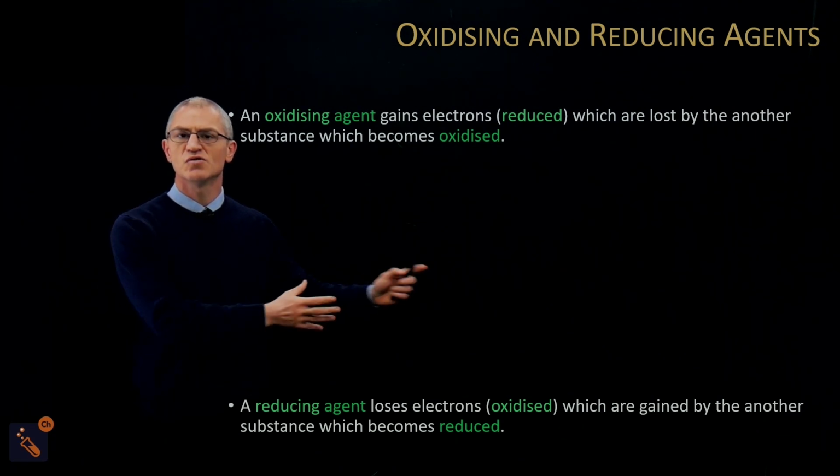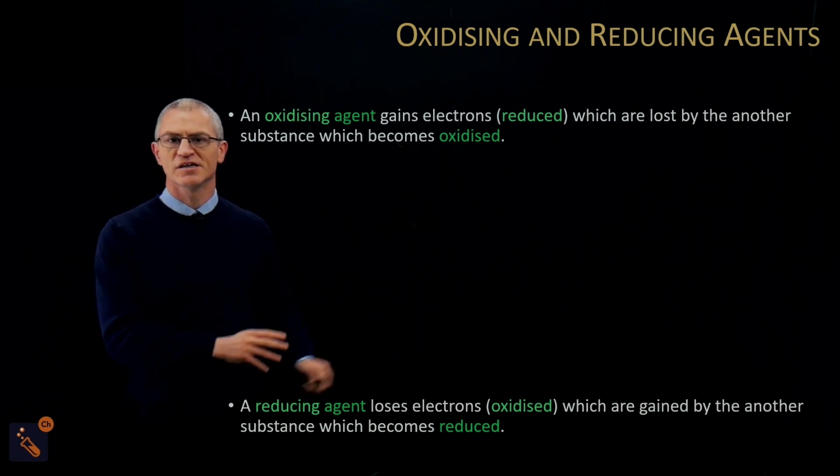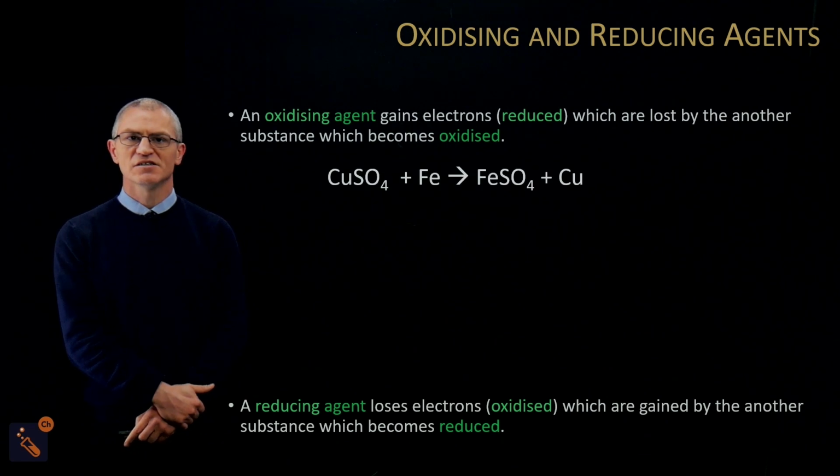So the reducing agent is causing gain of electrons in something else. Now let's look at this in an example. We've got copper sulfate plus iron goes to iron sulfate plus copper. If we turn it into its ionic equation first, we can do that by looking at the charges, and